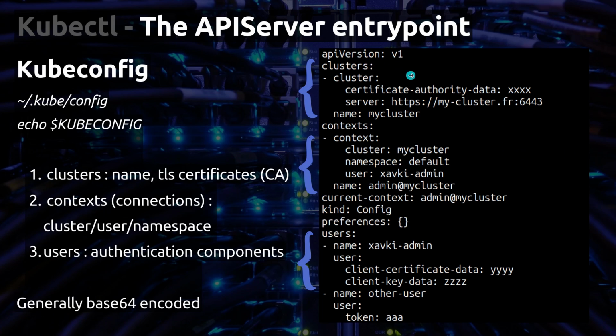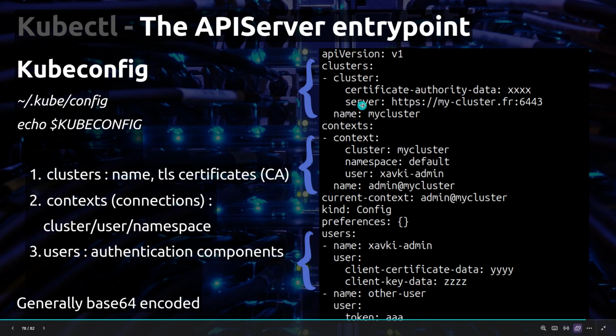And in the screenshot we have three parts. Around these three parts we have the kind of our manifest. We'll see it in many manifests. For example, when we want to create a pod with a manifest, we have the mandatory API version, v1, v1alpha, beta, etc. and the kind of the manifest. Of course, when we want to create a pod, we need to set the kind to Pod. Here it is just Config for kubeconfig. And after that, we have three parts for our kubeconfig configuration.